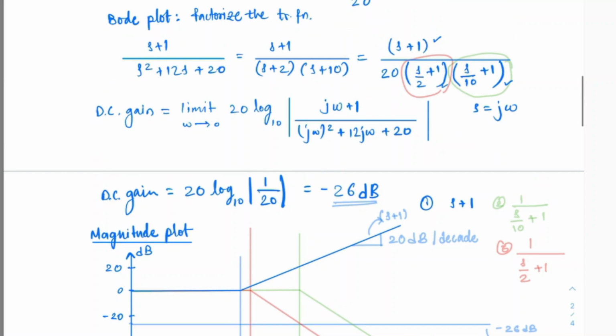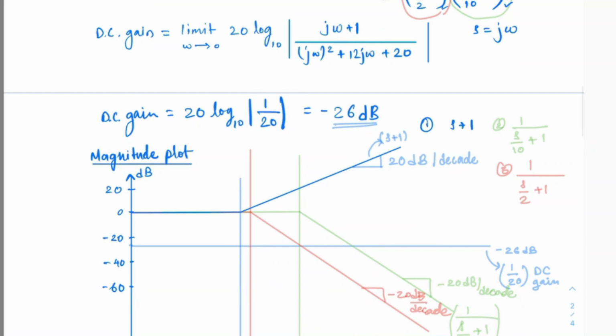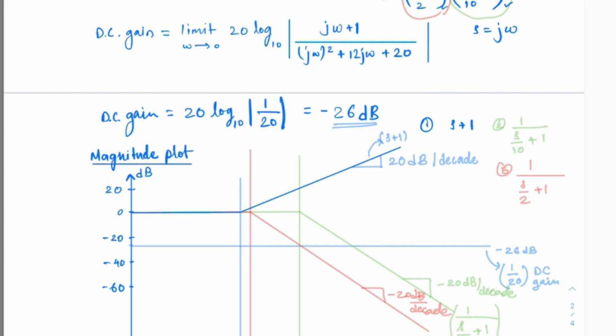Alright, so we have drawn all the components, the DC component and the two other components. So if we were to draw the final Bode plot, which combines all these, it would start at the DC gain, continue till here, and then the component of s plus 1 would start dominating, hence it will go up,